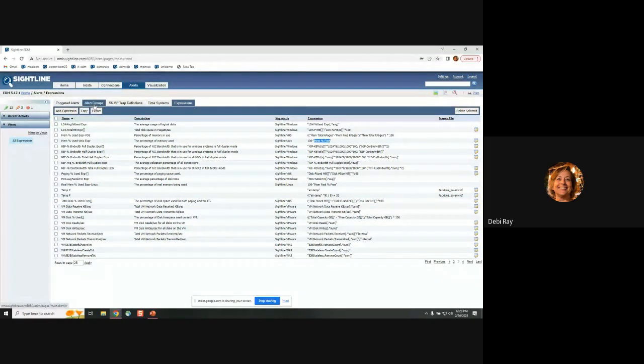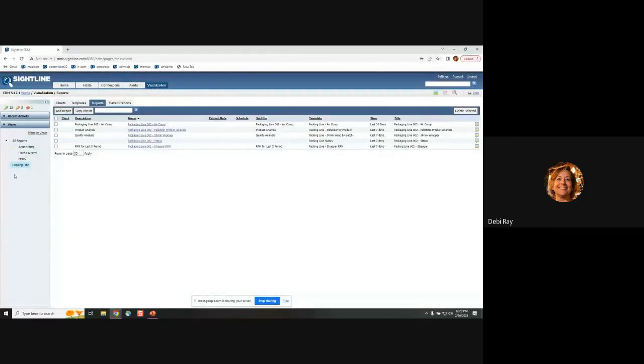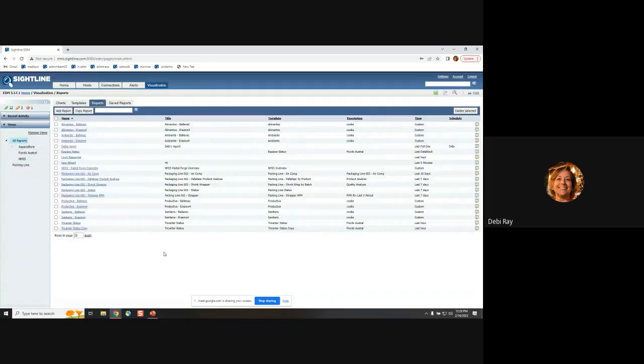If I look, for instance, at my visualization here, you can see now I have a lot of reports, but I'm filtering the way that they're displayed. So the All Reports view shows me all of the reports that have actually been created in this instance of EDM. This is not a really long list. A lot of people that have been using EDM for a long time will have several pages of reports. You can see here's the one that we just created this morning, Debbie's report. There are a few here from the packing line. There are some down here that was an aquaculture